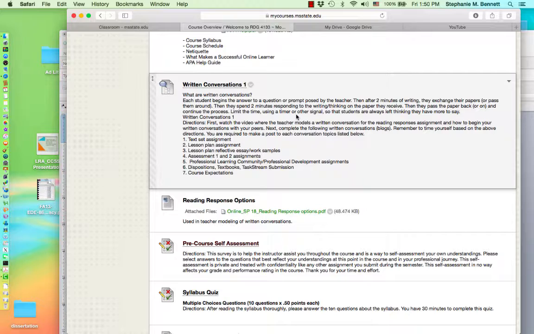Ideally, in a face-to-face classroom, the students would pass their paper around in a small group setting and have each of the students in that group continue the dialogue regarding the question or the prompt being posed by the teacher. Because we are in an online format, we will be completing our written conversations through the blog feature. So if I click on Written Conversation 1,